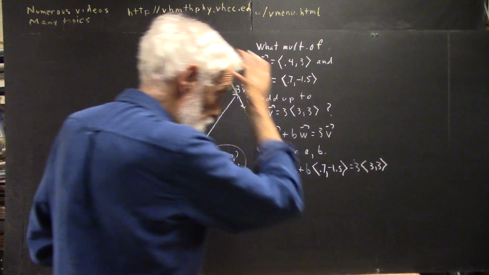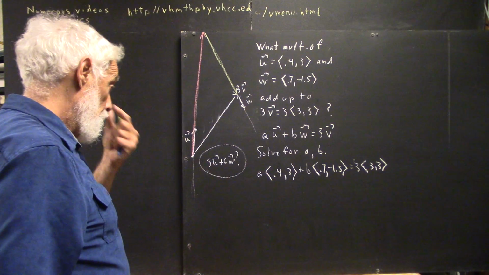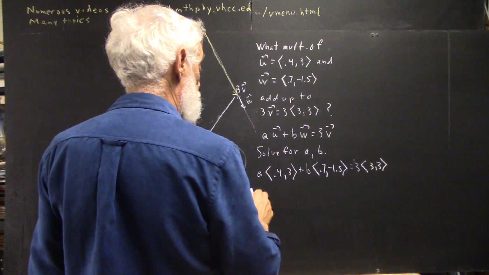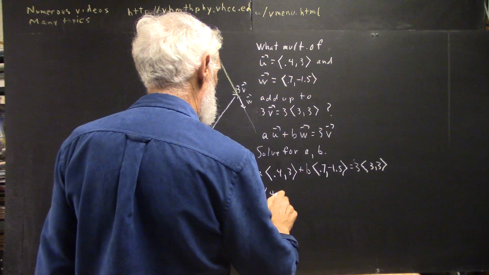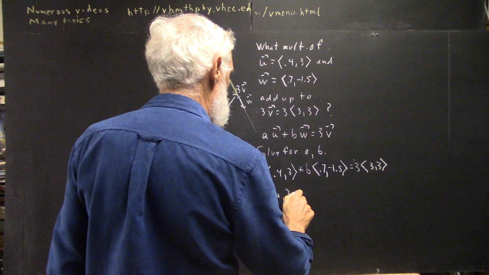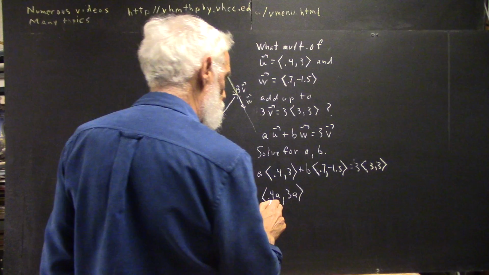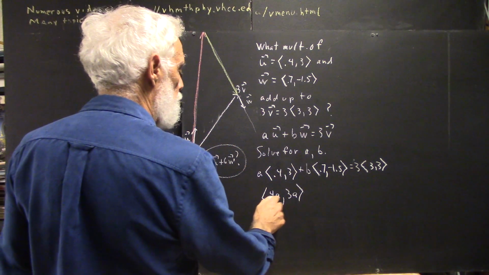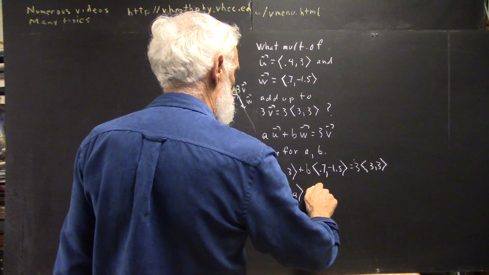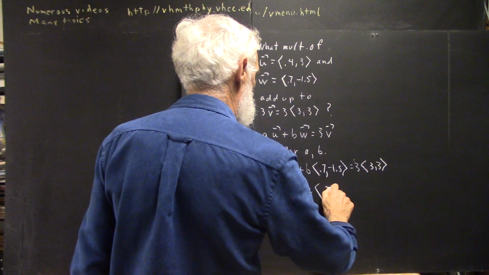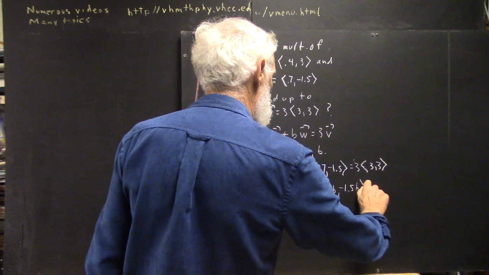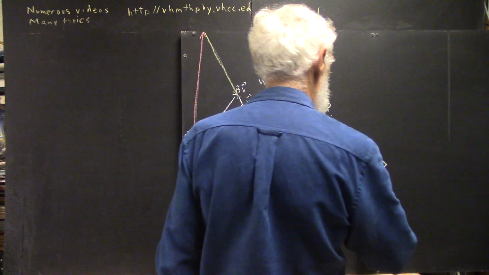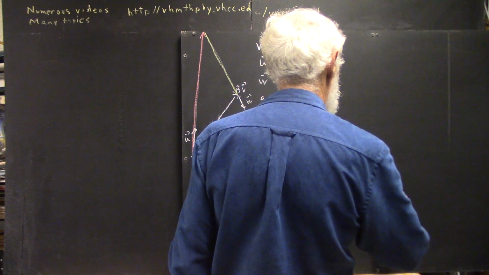Well, now, hopefully you've made some attempt to do this. But let's go ahead and write out what we get. A times this is just 0.4a, or 0.4 components are 0.4a and 3a. And here we have 0.7b, negative 1.5b, and 3 times the vector 3, 3 is the vector